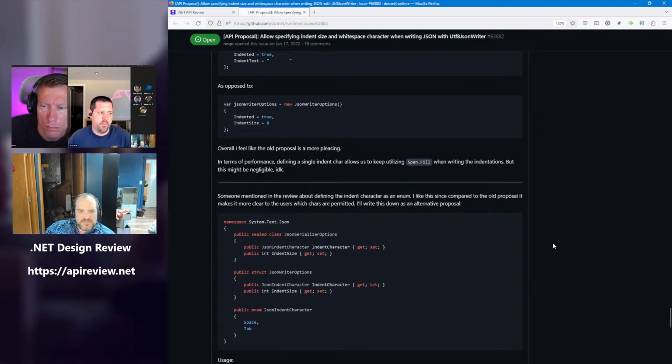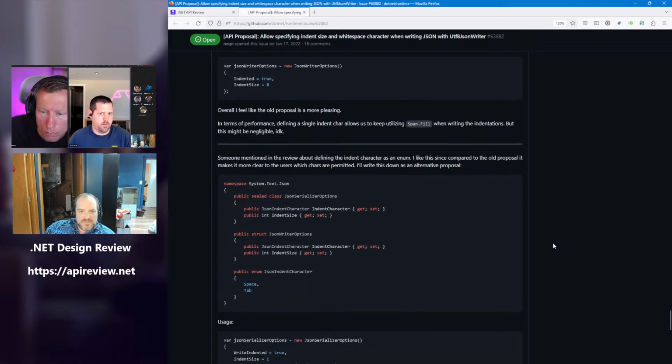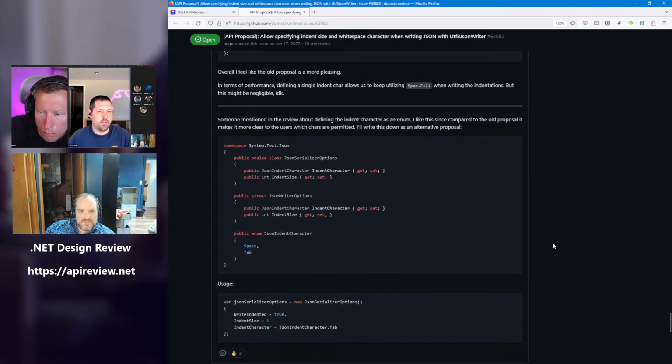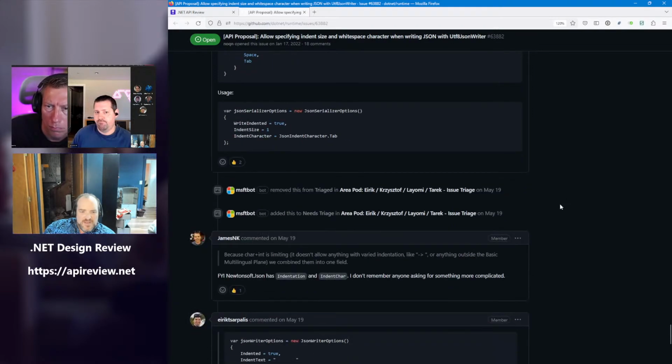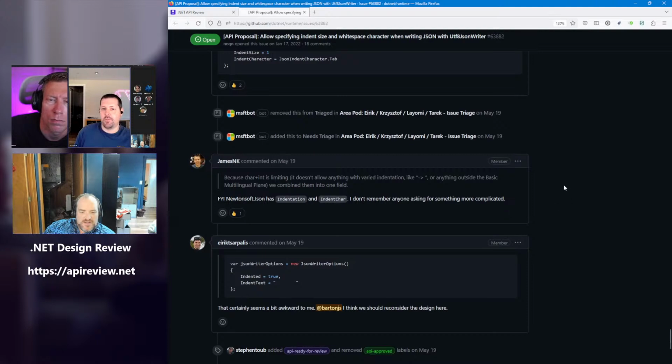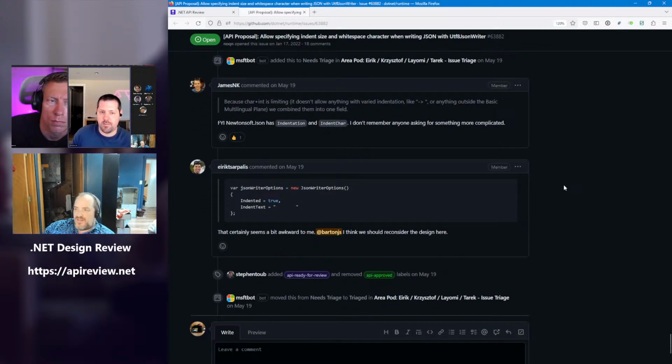The JSON reader, for instance, forbids page separator and line separator as white space. It is absolutely forbidden, and there's no option to turn it on. The threat model that we produced explains why we did that.